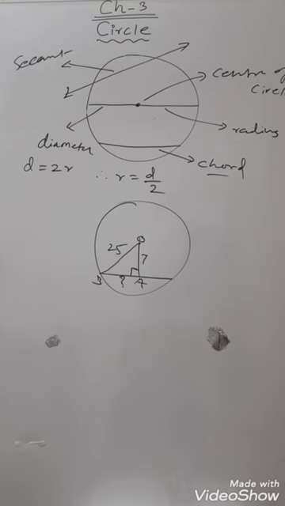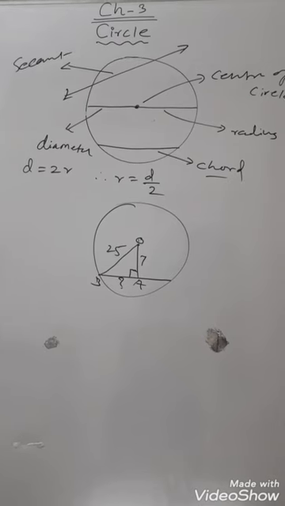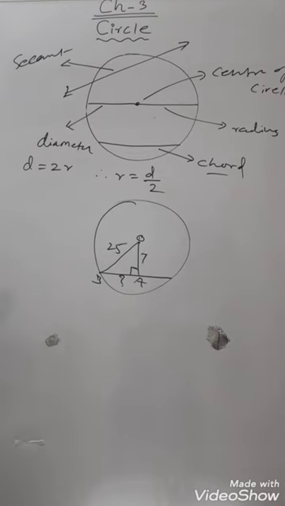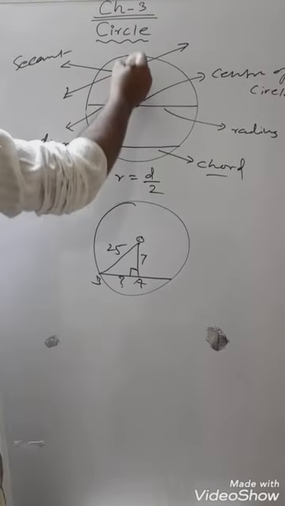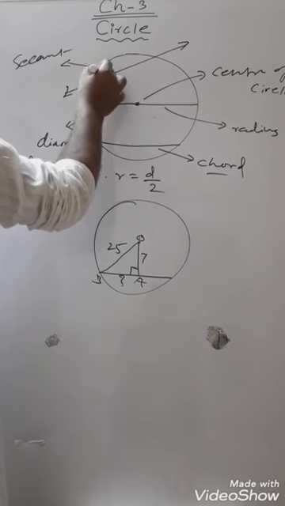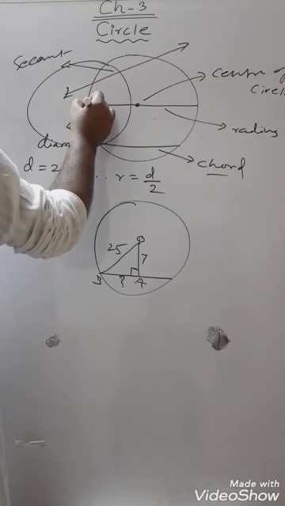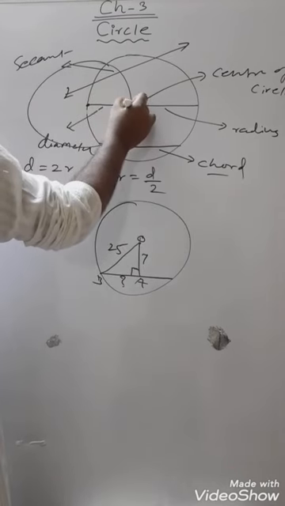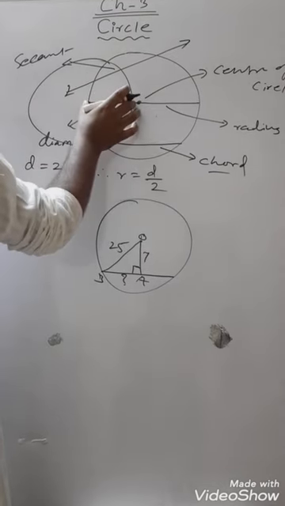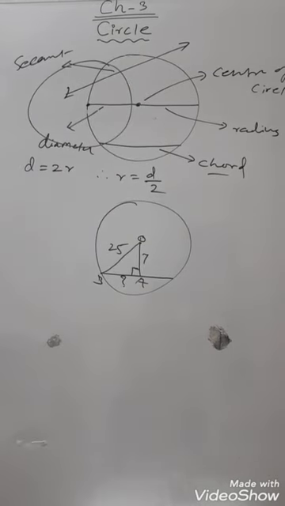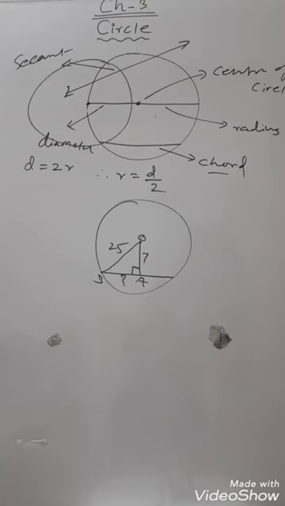Now circles pass through 1, 2 or 3 points. So circles pass through 1 point. Suppose this circle passes through 1 point. You draw it. So these are the center of this circle. This one the center of this circle. The distance of this, correct? So this we can see in the next part.